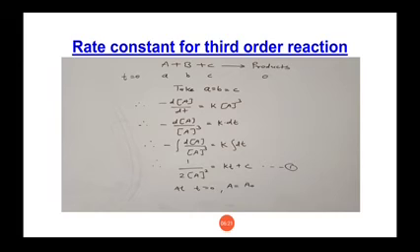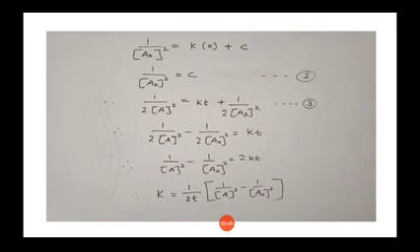Now we know that at t equal to 0 time we are taking A equal to A0, means at t equal to 0 time there will be no products. So the concentration of A is the initial concentration. So here A0 is the initial concentration. Applying this in equation number 1, instead of A we are writing A0, so it is 1 upon 2A0 square. Value of t will be 0.